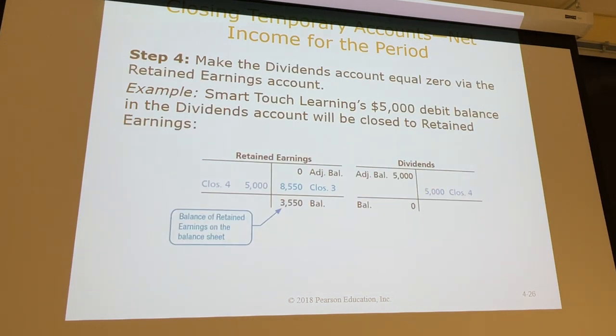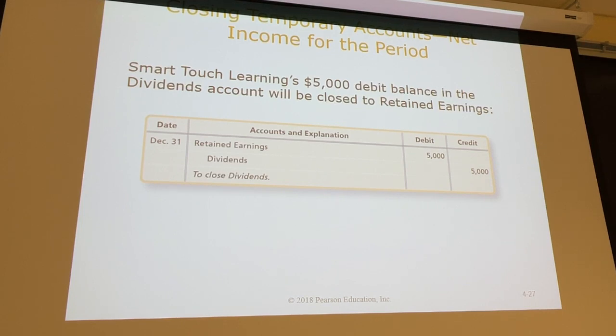And then our fourth journal entry is to really subtract our dividends for the period from our retained earnings. So the dividends account has a normal balance that's a debit. In this example, it had a debit of $5,000. So to zero out the dividends account, we're going to have to credit it for $5,000. So here's what our journal entry will look like. In this case, we will debit retained earnings $5,000. A debit to retained earnings will reduce the amount that we have in retained earnings, and then we will credit